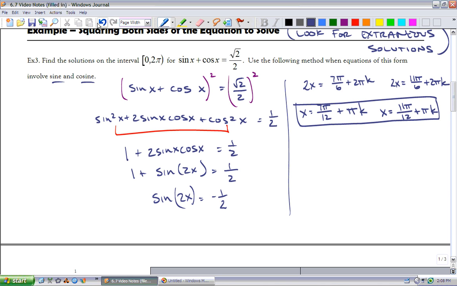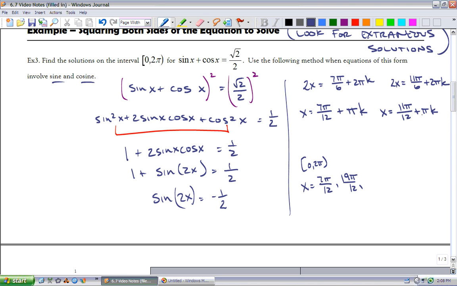Okay, now, before I circle that as my general solution, I need to think about this a little bit though. Let's go ahead and write out our solutions from 0 to 2 pi. If I start writing them out based on my solution sets here, I'll get x equals 7 pi over 12, 19 pi over 12, and we'll stop there with that solution set, 11 pi over 12, and 23 pi over 12. Now, what we have to be careful of here is because we squared, we're going to